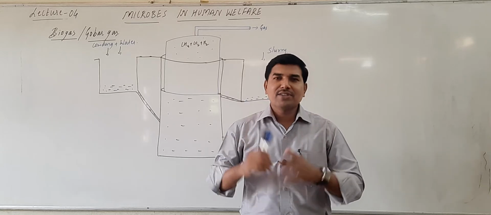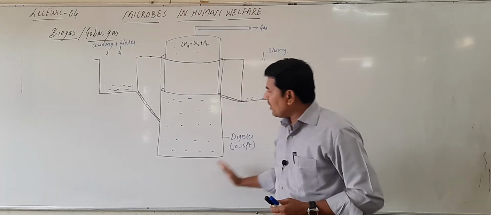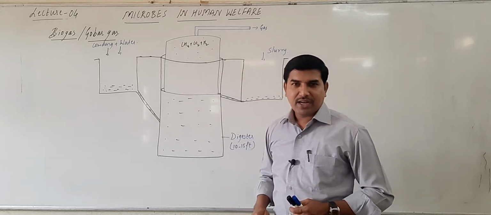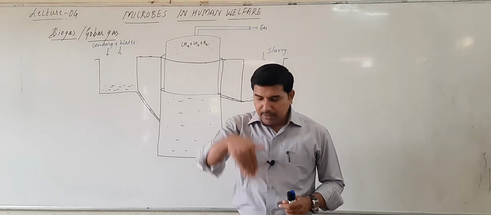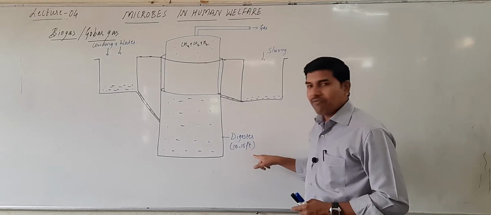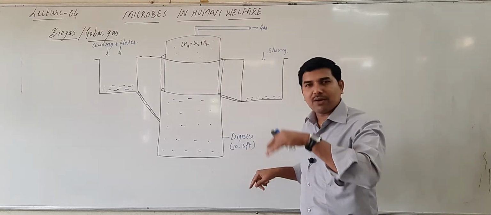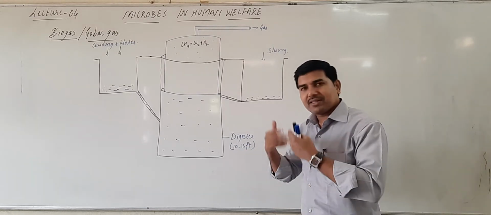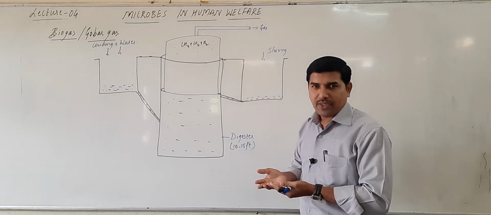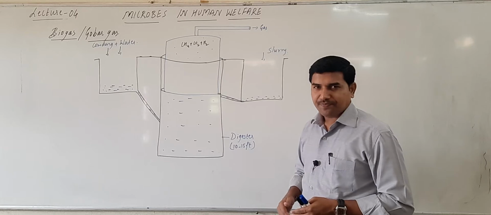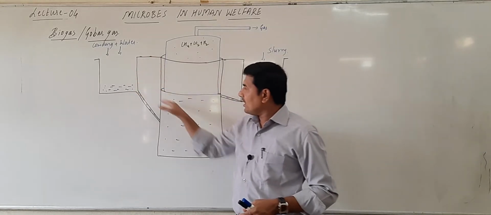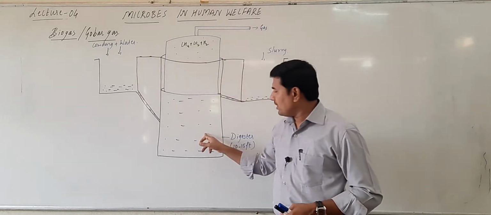The digester is the larger tank which is made up of concrete. Now this concrete tank, its depth is around 10 to 15 feet below the ground surface. It can be constructed above the ground surface also, 10 to 15 feet. So it is a little bit larger. Now when this dung plus water is released into this digester,